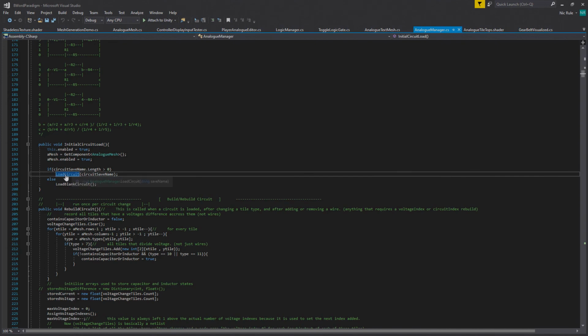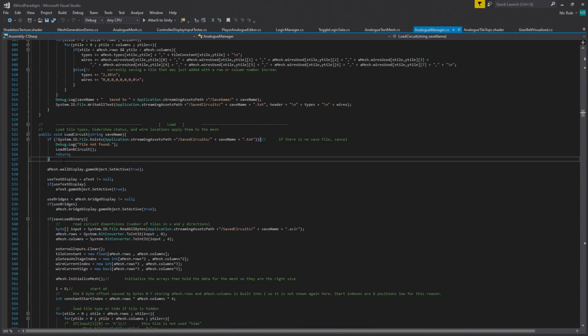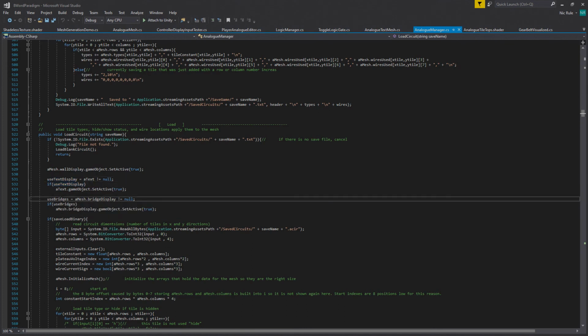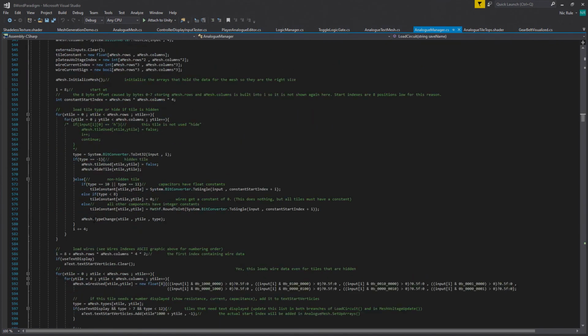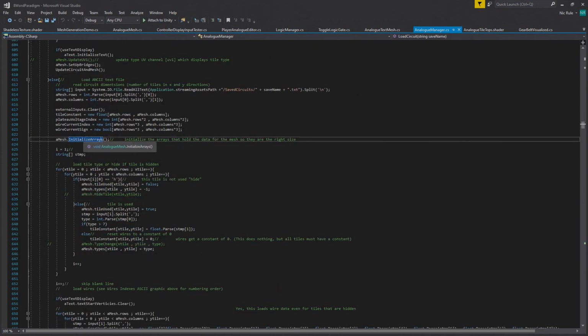So let's start by looking at load circuit, which starts by loading up the actual file. Then there's some initial stuff like reactivating the wall render mesh, checking if text display and bridges need to be used, but then we actually get into the loading. I'll skip the binary loader for now because it's a little out of date, but then we actually read in the data, set up the number of rows and columns in the analog circuit, clear everything, initialize a bunch of variables. Then we call initialize arrays, which sets up all the arrays we need to store all the data for